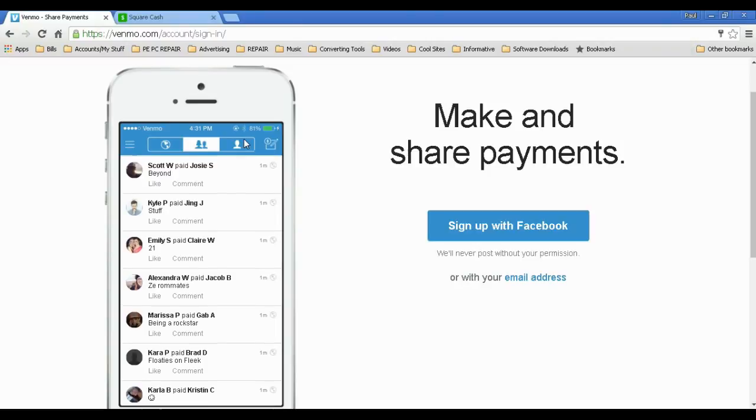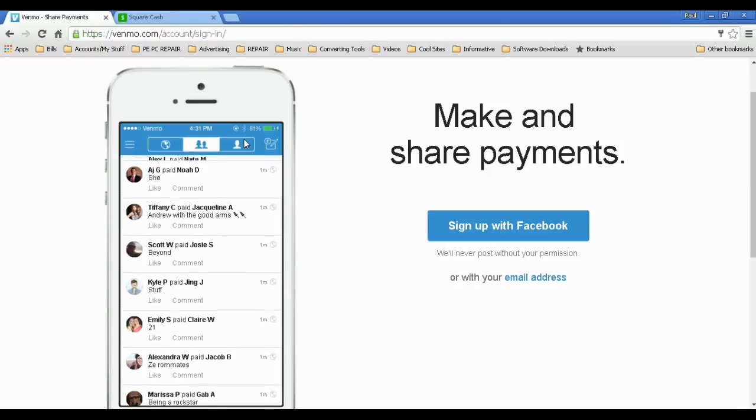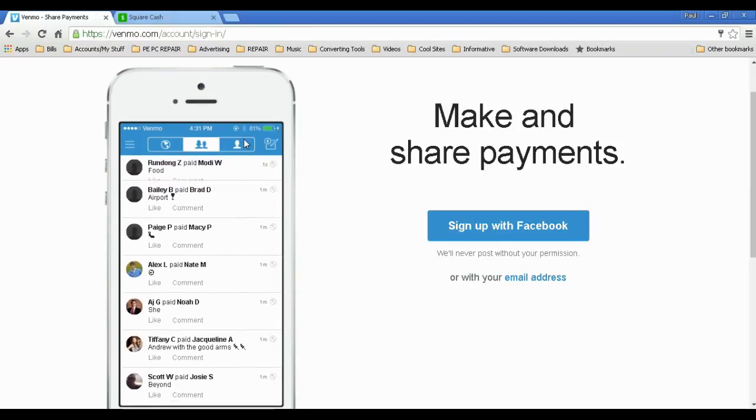This is where these two really stand apart, and what I really like about Venmo is that you are able to send money to each other for free. There are absolutely no fees at all. You get whatever money is sent. If you send $48.02, you will receive $48.02, and you can put that directly into your bank account,